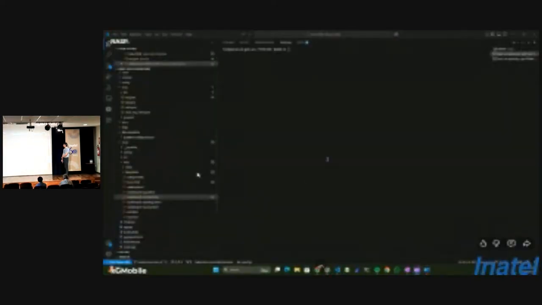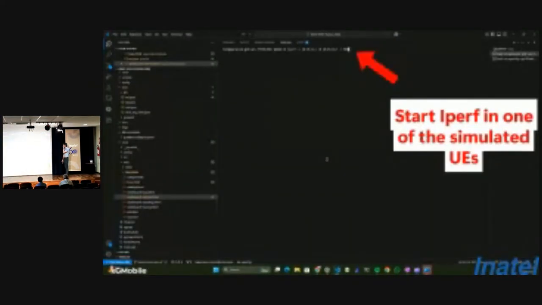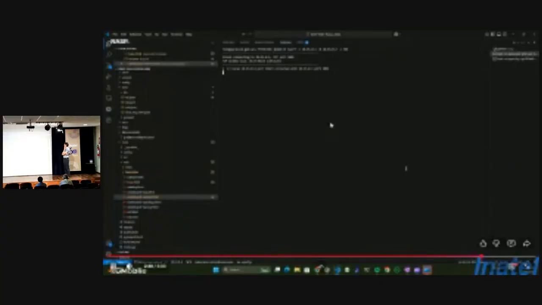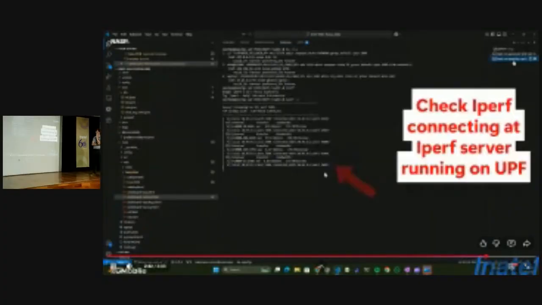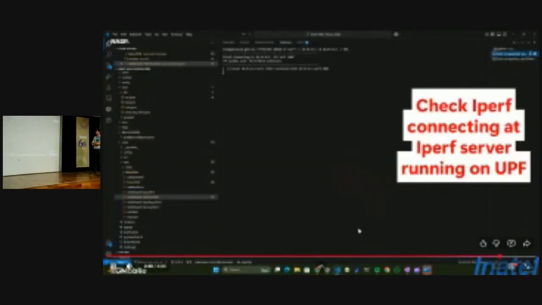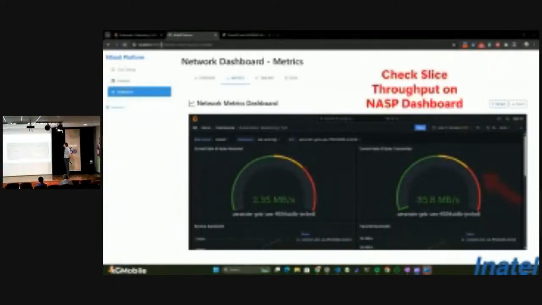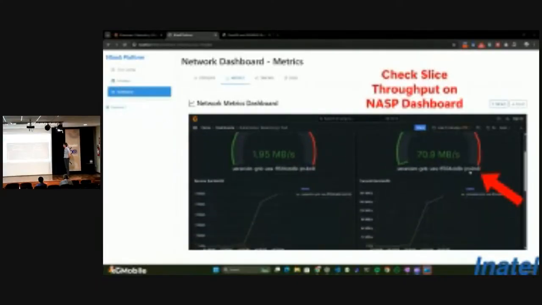Now I will start traffic on this slice using UERANSIM, the same approach as before using iPerf. I summarize this part because we had seen it before in the last video. UPF was receiving. Let's check the front end. And throughput is being generated. In this case, we integrated Grafana into NASP because